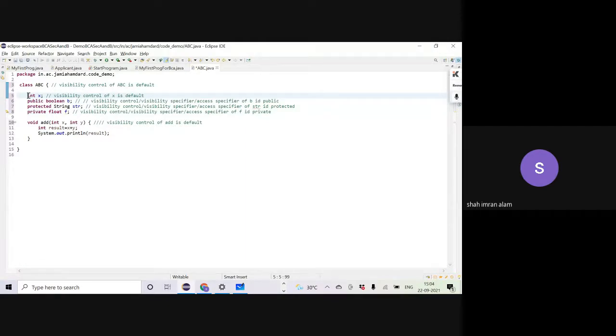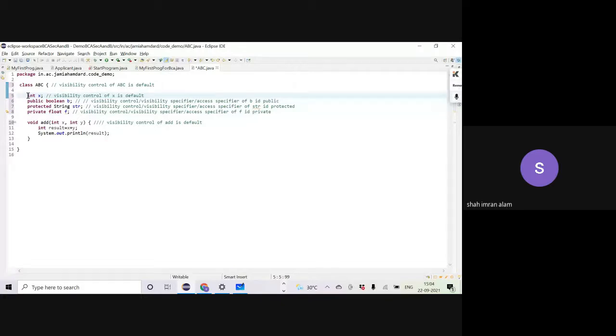Because it doesn't have a keyword, I won't call it as a visibility specifier, because specifier का मतलब उसके पास स्पेसिफाई करने के लिए कोई कीवर्ड होना चाहिए. यहाँ कोई कीवर्ड नहीं है आपके पास, लेकिन उसका कंट्रोल विजिबिलिटी पे कुछ कंट्रोल हो रहा है. अगर हम कुछ भी नहीं लगा रहे हैं तो इसका मतलब पब्लिक की जो विजिबिलिटी होगी या प्रोटेक्टेड की जो विजिबिलिटी होगी या प्राइवेट की जो विजिबिलिटी होगी उससे कुछ डिफरेंट इसकी विजिबिलिटी होगी, क्योंकि विजिबिलिटी कंट्रोल यहाँ पे क्या है, डिफॉल्ट है. उसका मतलब कुछ और होगा, मतलब हम आगे देखेंगे. ठीक है, बार बार मैं जो बातें डिफर करता हूँ मैं बता देता हूँ पहले से, ताकि आप उसके लिए परेशान मत हो अभी से.